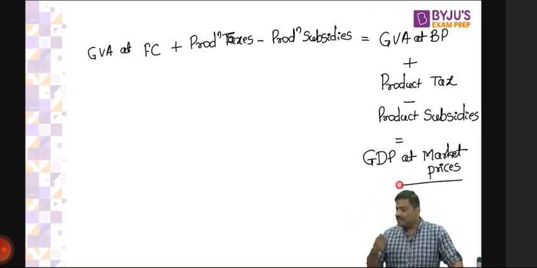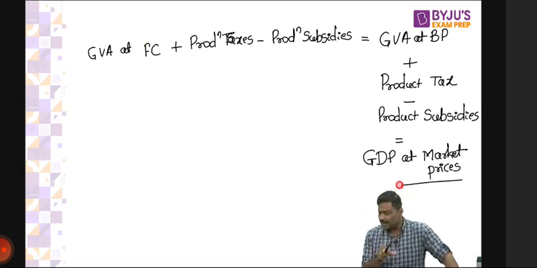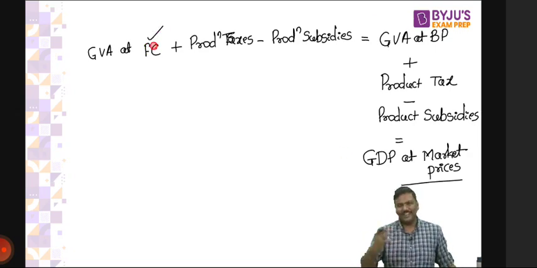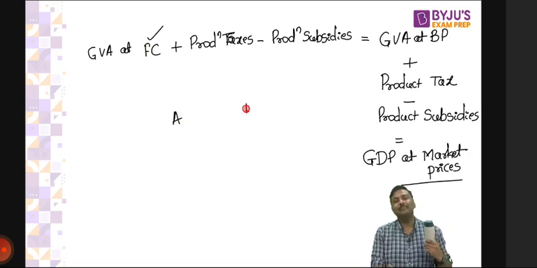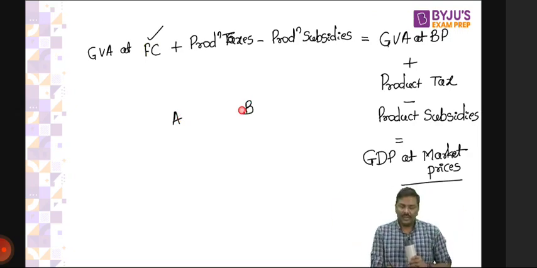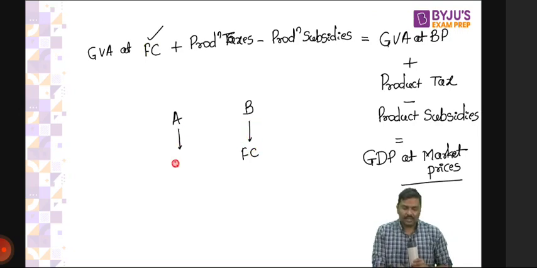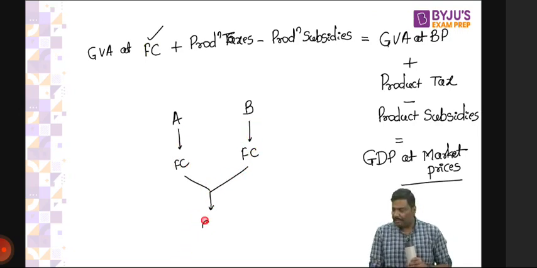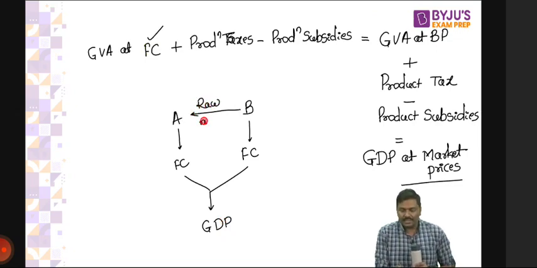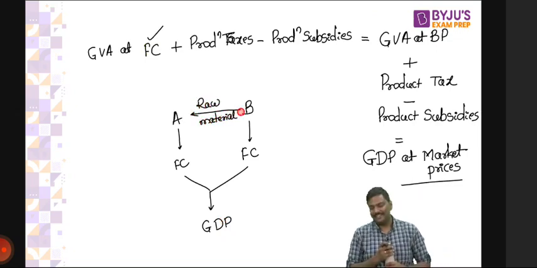This is how the GDP is calculated. Is it okay? Again, the same idea. If you calculate factor cost, I'll give a very simple example. Imagine you're company A, I'm company B, and these are the only two companies in India. Now, if I take factor cost of B as well as factor cost of A and use it to calculate GDP, now you tell me, I am supplying raw material to you. Will it not lead to double counting in the system?